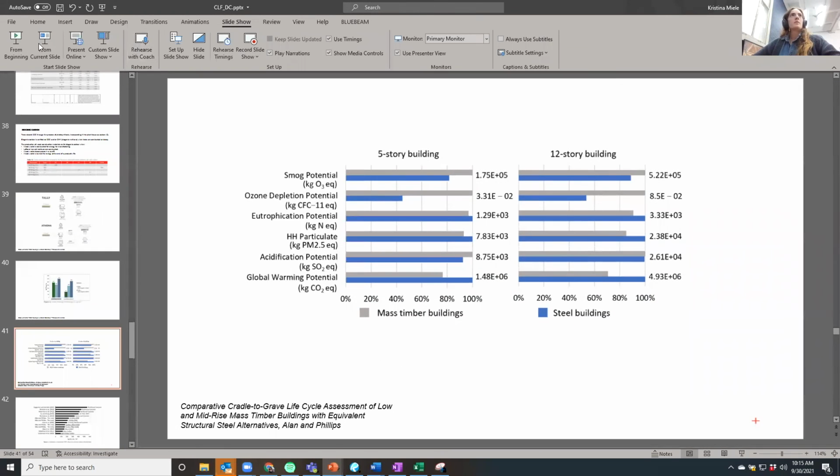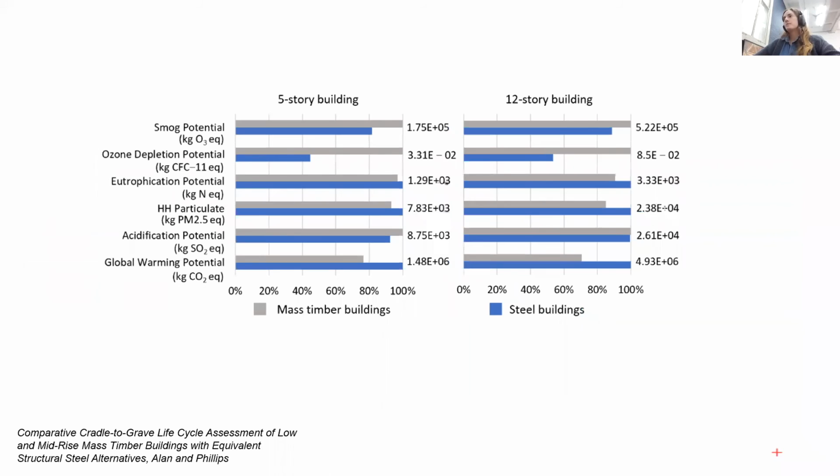Here is where you can see that the mass timber had a higher ozone depletion than the steel. And some of that has to do with the